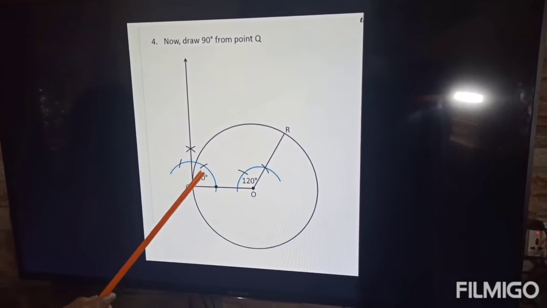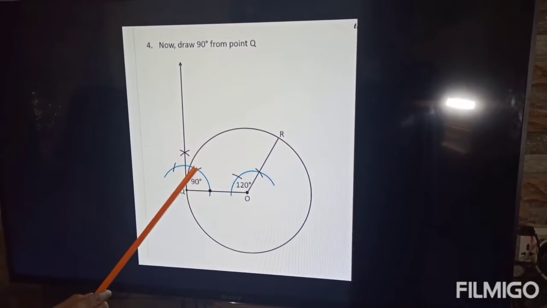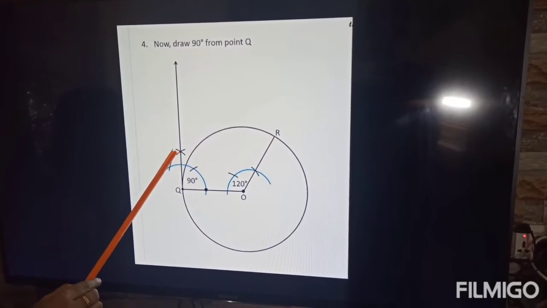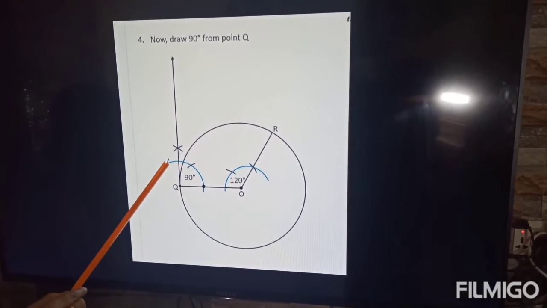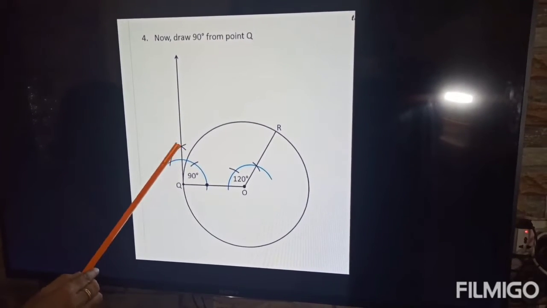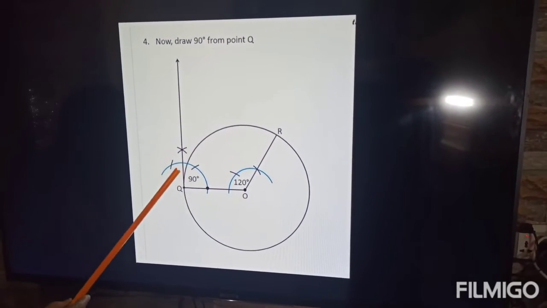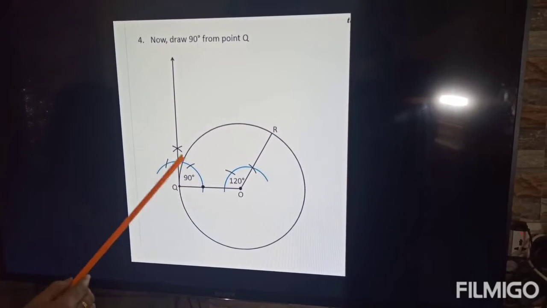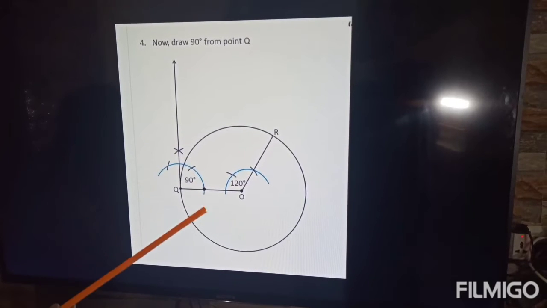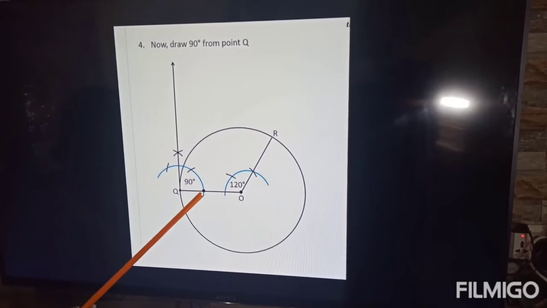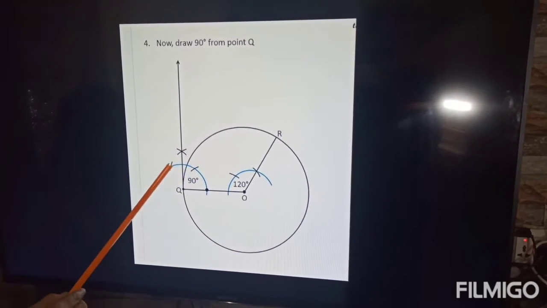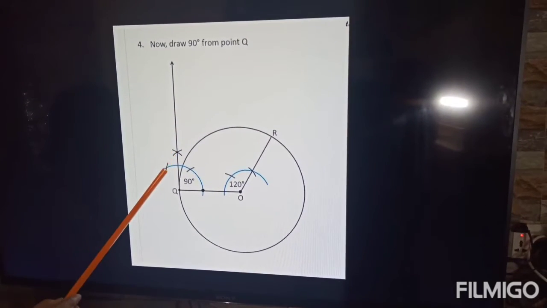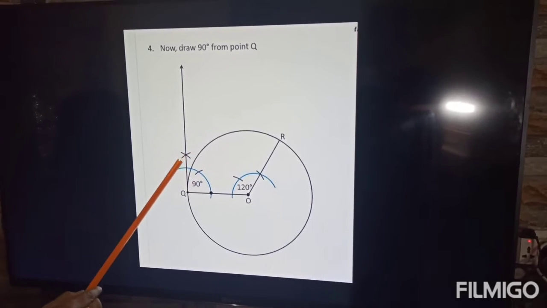You should not change the arc. All the arcs will cut here, no? These two and these two. From here one you will cut like this. From here one more arc you will put like this. All those arcs measurement is the same only. Okay? With which radius you take and draw the semicircle, with the same arc draw these one and second and third one from here and from here like this.